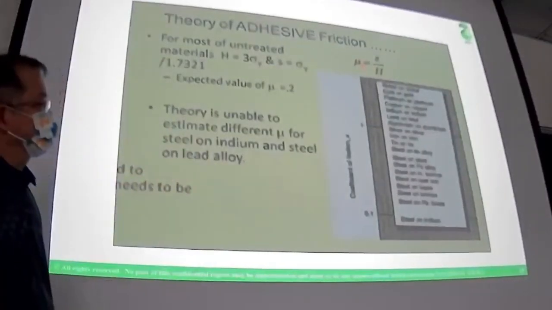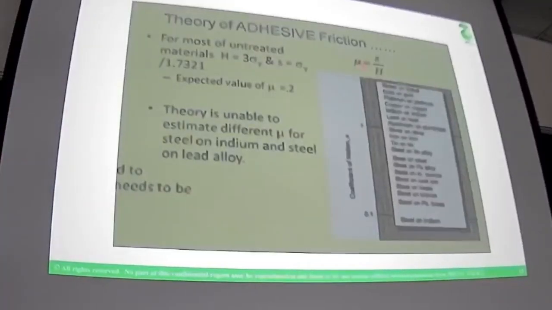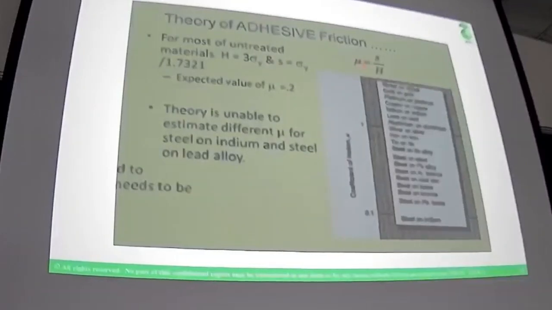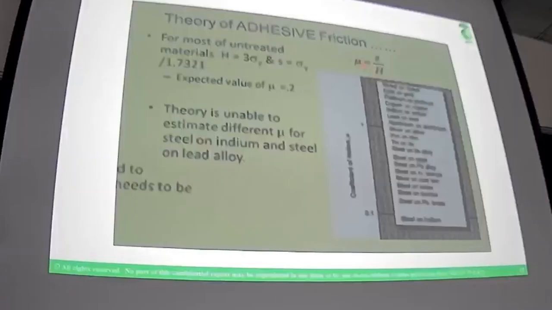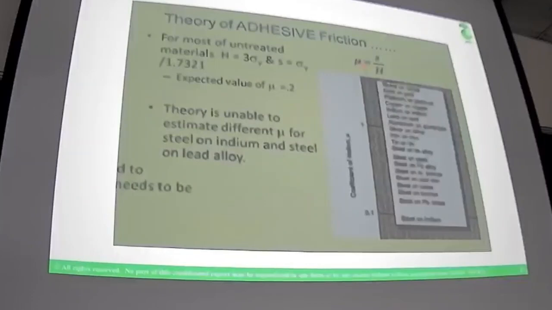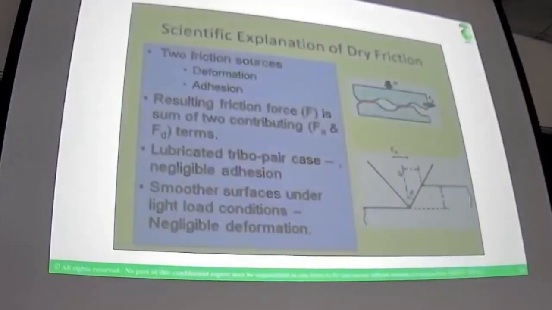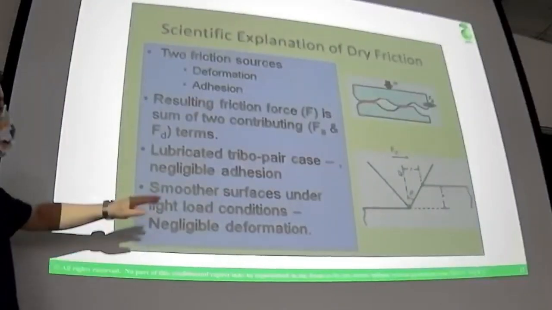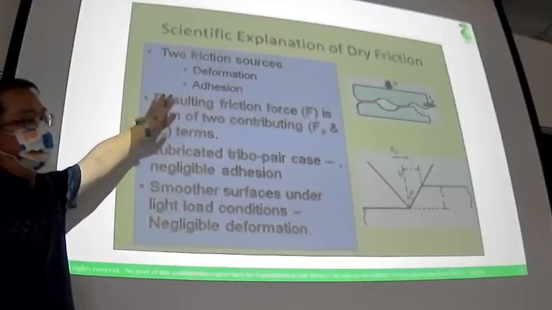Okay? So a different friction theory should be explored. Okay, so as we mentioned, there are two friction sources. One is from adhesion, the other one is from deformation. Okay,